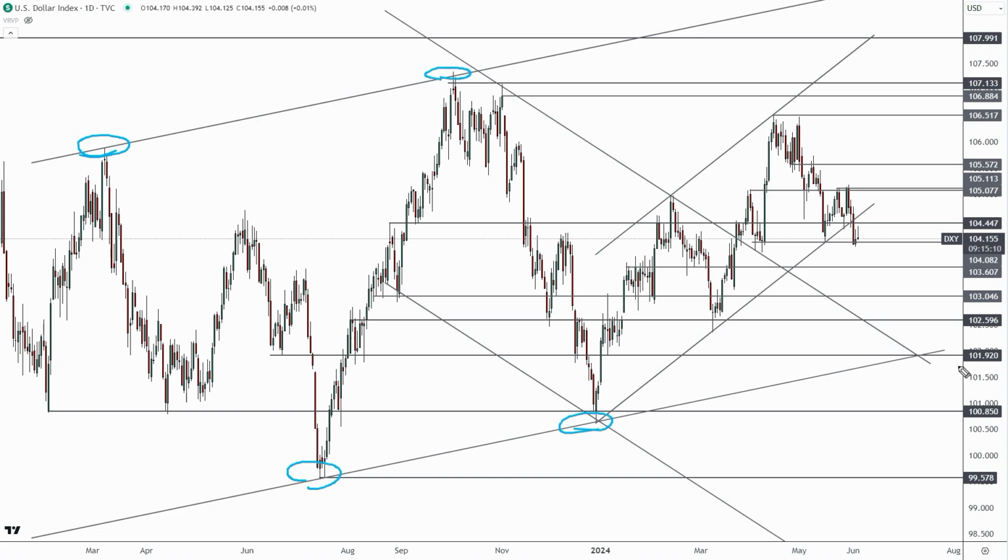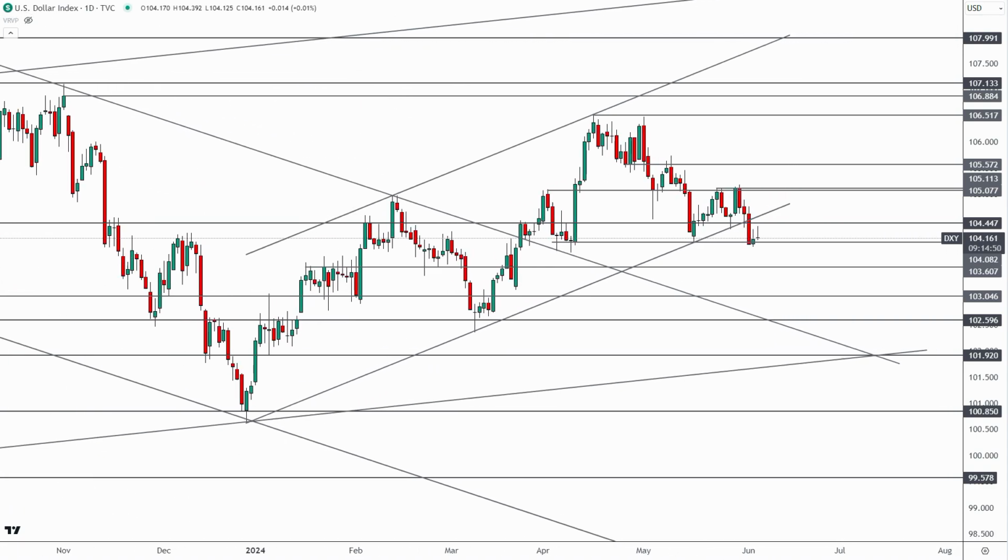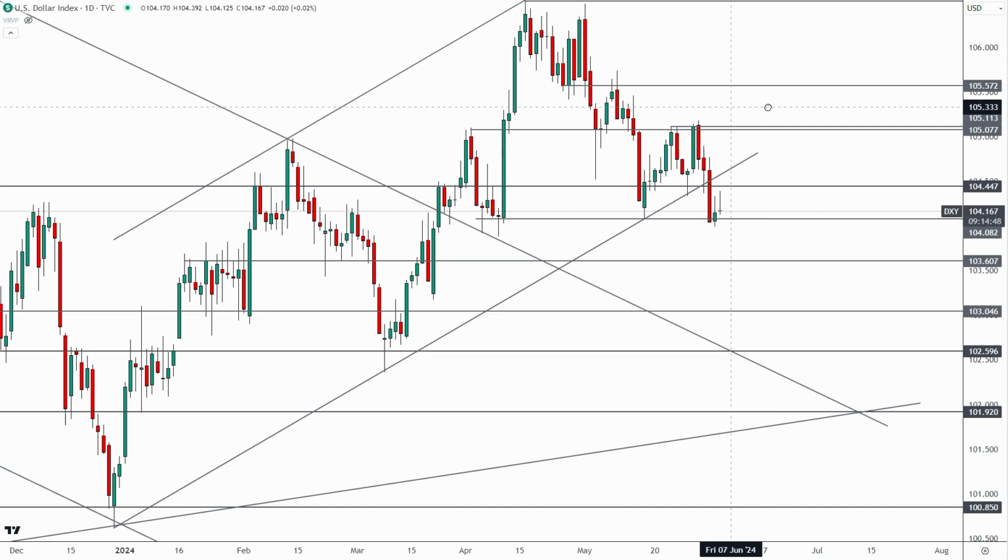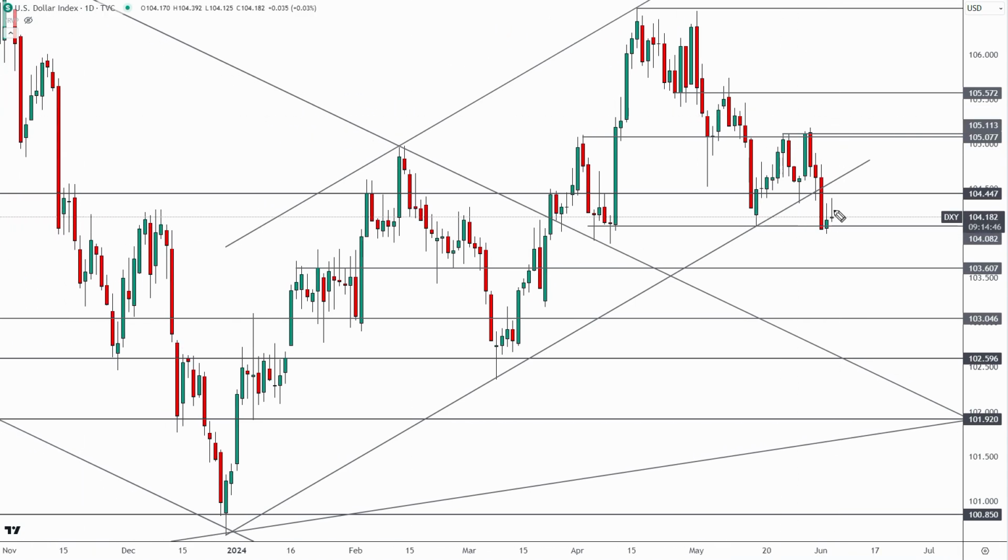Okay, so that's a scenario that we have to at least consider: if this market can't reclaim 104.5, then we could be looking at a stair-step pattern down here toward levels like 102. Now, personally, I would love to see this market reclaim 104.5, and not because I'm a dollar bull, but just because I know that if we were to get the market reclaiming this up here, that would be a very high conviction play, okay? And it's not about what's likely right now, it's about what is high conviction.